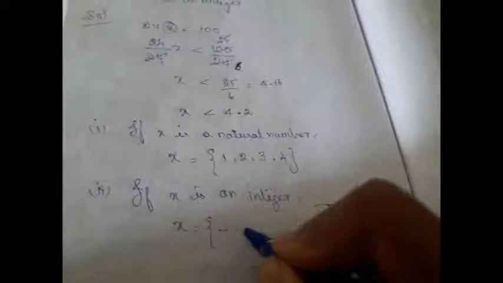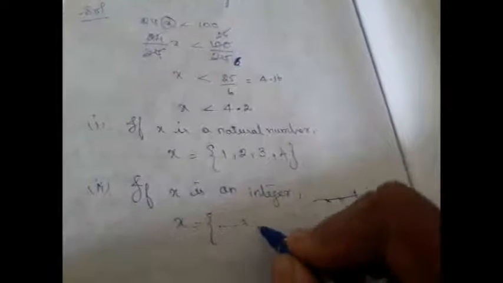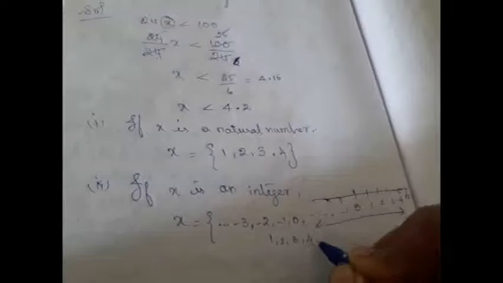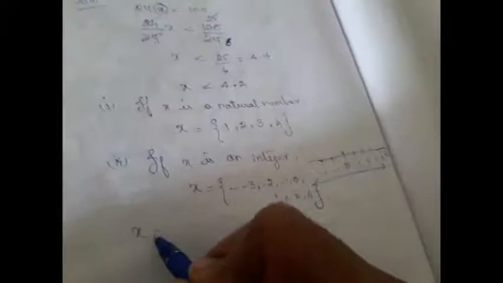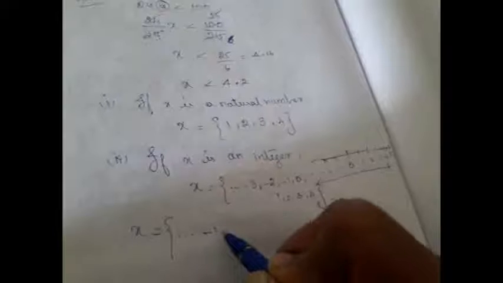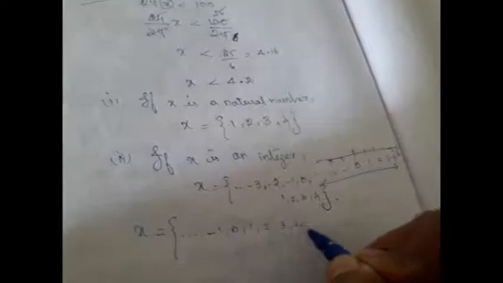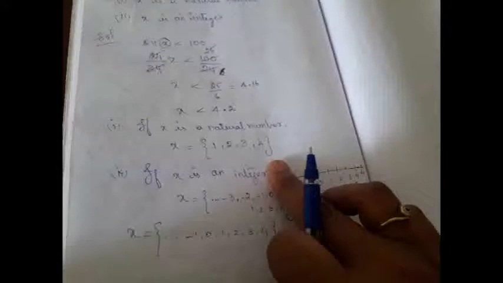So this side, etc., because we don't know the end point. Minus 3, minus 2, minus 1, 0, 1, 2, 3, 4. Till 4 will make your solution set. I'll make it clear: x is equal to minus 1, 0, 1, 2, 3 till 4. This is your solution set when x is an integer. But when x is a natural number, these are the only possibilities for x, right? So hence we solved the problem. Hope you understood. It's a simple calculation. You have to analyze the inequality and then give your solution set.